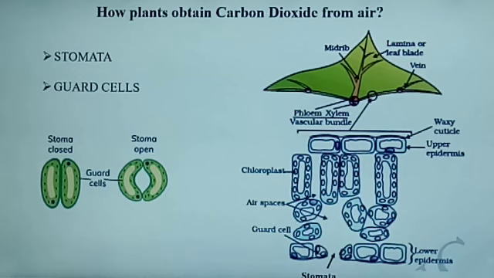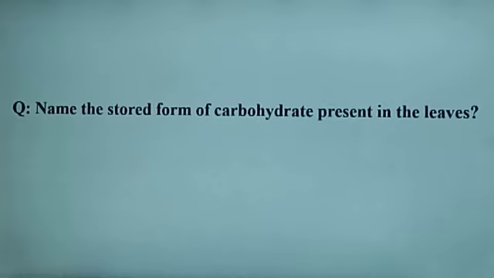So I hope you understand the process of photosynthesis or autotrophic mode of nutrition. Based on this discussion, let me ask you a question: name the stored form of carbohydrates present in the leaves. Leave the answer in the comment section below, and if you do not know the answer after watching the video once, please watch it twice